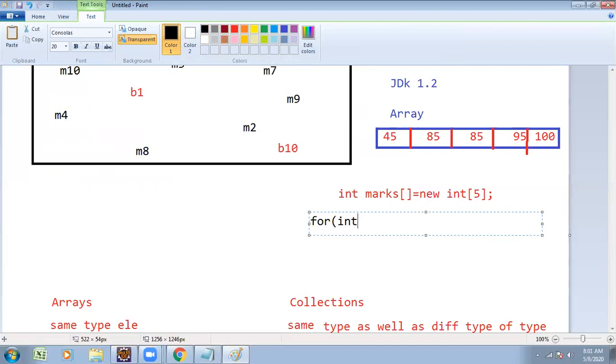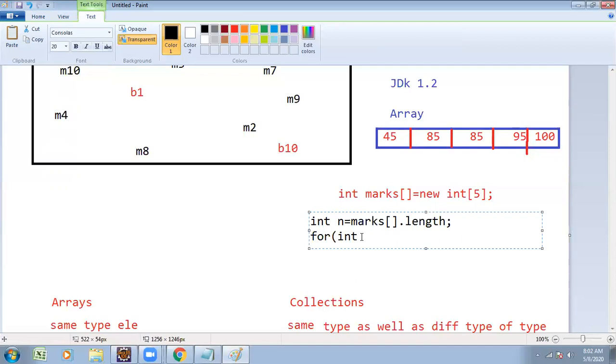First you have to calculate the length of the array. Int n is equal to marks.length. Calculated the number of elements, marks.length.